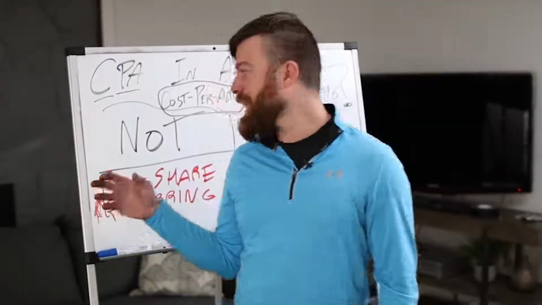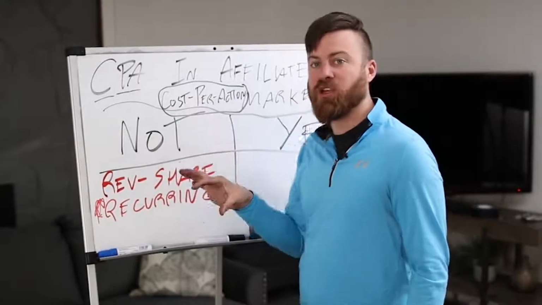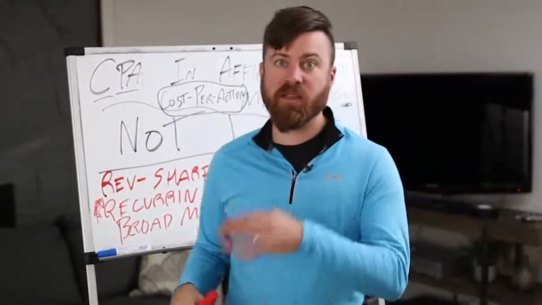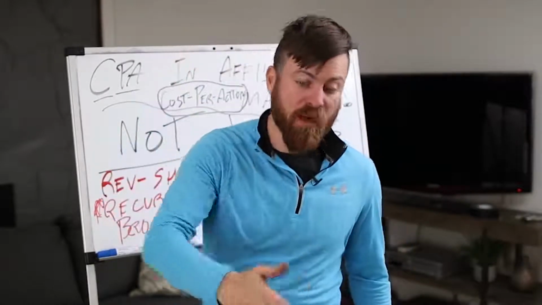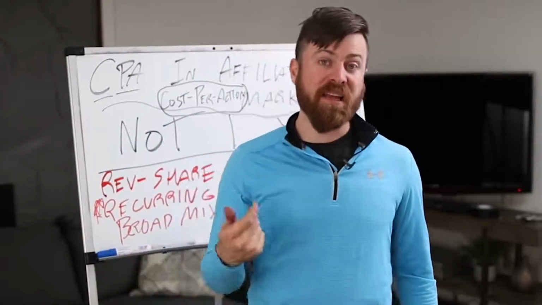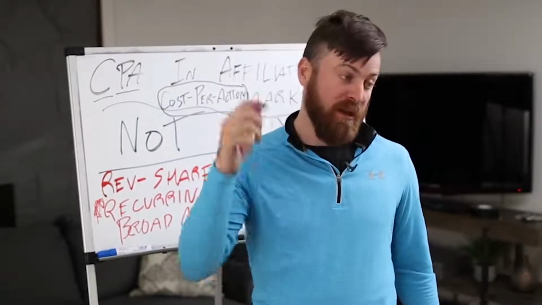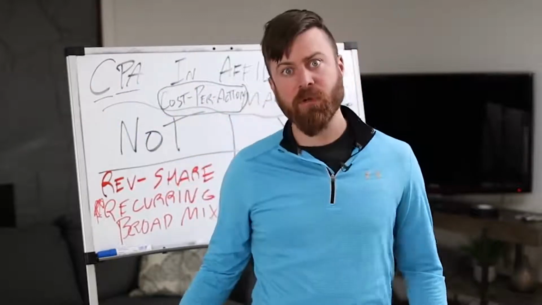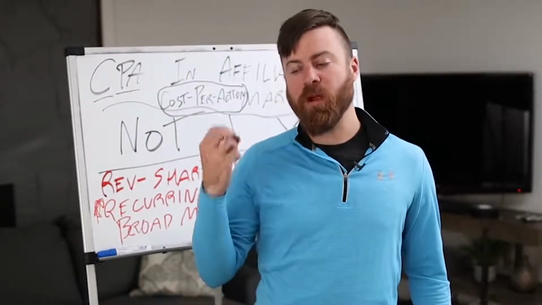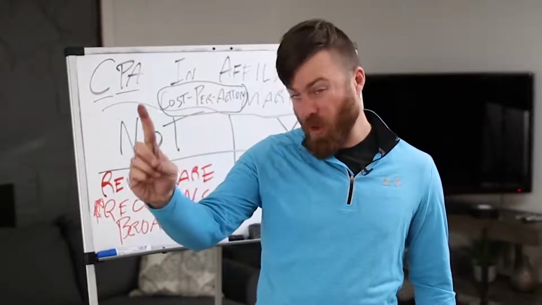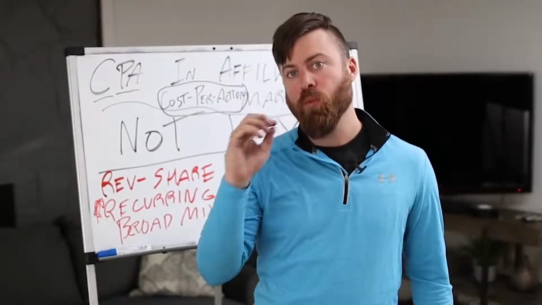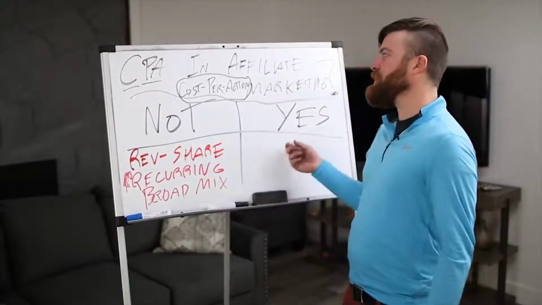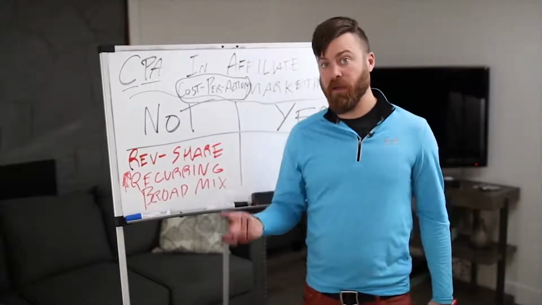Another thing that CPA or cost per action offers in affiliate marketing, generally speaking, you're not selling a broad mix of products. If you're selling a product, you're selling a single product for a single commission. Now, I can send somebody to Amazon. If I put up an affiliate link and I send somebody to Amazon, I will get a percentage of revenue of anything they buy, which is great. Whereas with a CPA program, you are only getting money if they buy this one specific product which they want you to sell, okay?